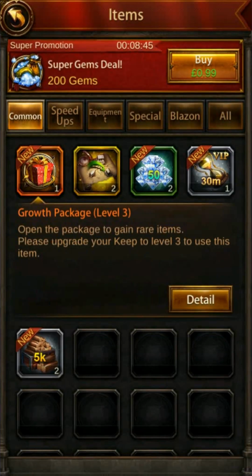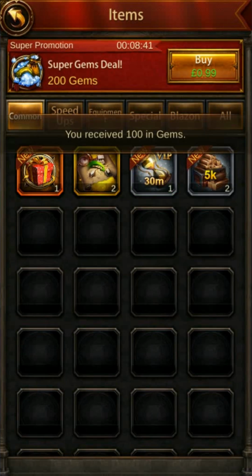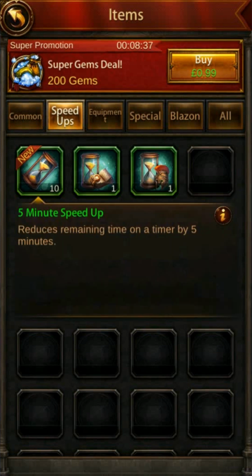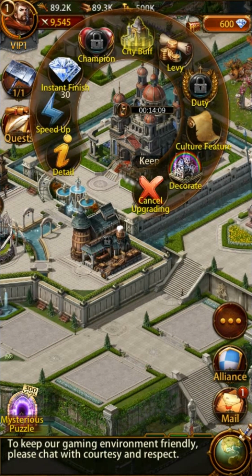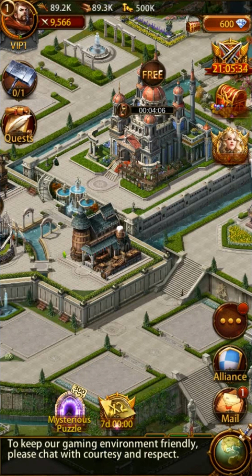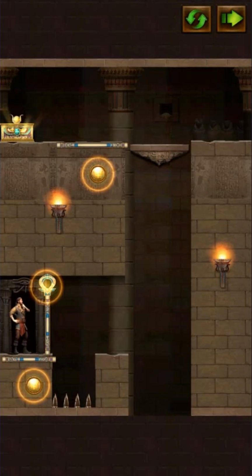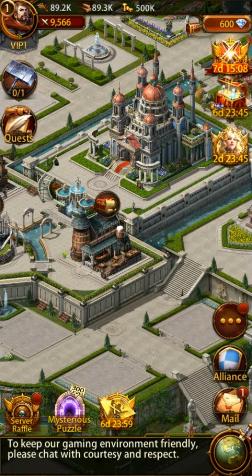So to unlock the next growth package, we have to get to level 3. So I'm just going to open up some gems for now because they're going to be quite useful. And as you can see under our speed up tabs, we have 10 5-minute speed ups. So that means we can speed this up. So let's go ahead and do that. So let's hit use, and then we can hit free because it's under that 5 minutes. Now you can increase those 5 minutes to be quite a bit more, but at the start it will be